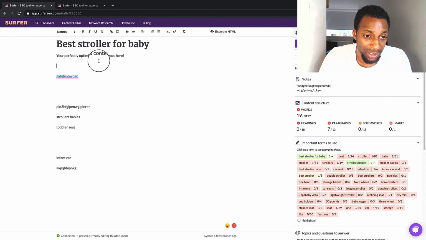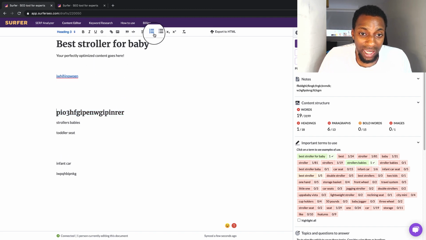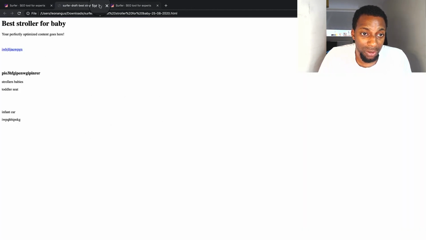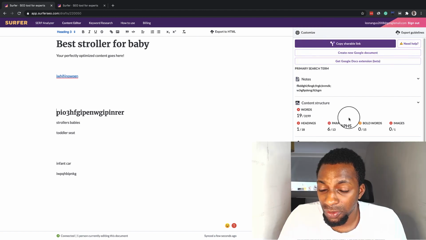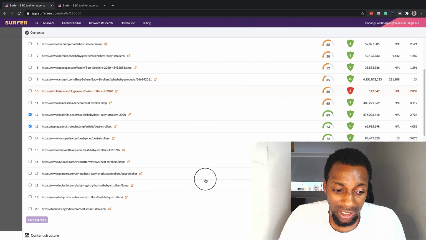I like to do it on here because it keeps all the H2s. You can do the exact same headings and stuff as you would in WordPress, and it has all the same functionalities. You can add images into this, alt text, absolutely everything, and you can export it as an HTML file that you could upload to WordPress as well. So if you have any questions or anything about this tool, you can go back to the customize tab, but